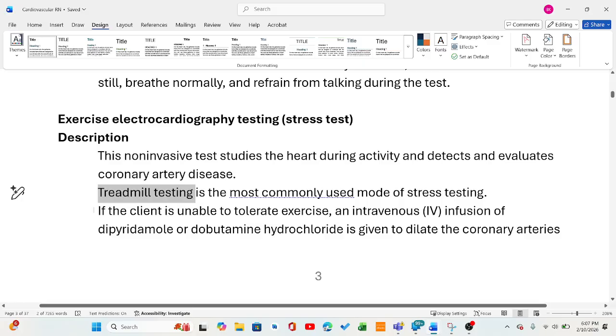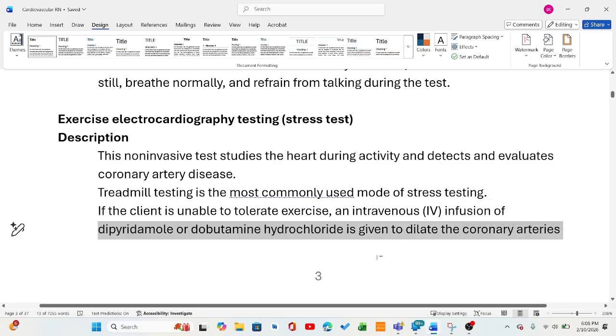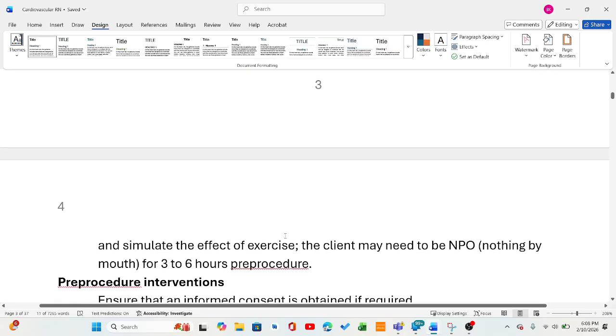But in case the client is also unable to tolerate the treadmill, the doctor can also infuse a medication, dipyridamole or dobutamine. When that happens, it puts stress on the heart like you are walking, and the doctor will be able to tell the kind of stress that is put on the heart. Since we are injecting something, the person will have to be NPO before this